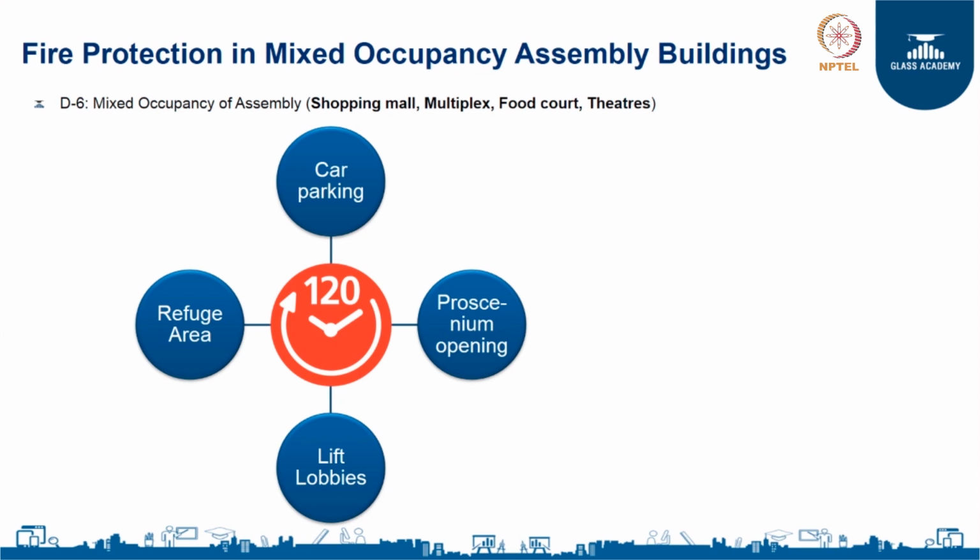Also, as I previously mentioned, there are a lot of buildings which are now coming up as mixed occupancy buildings. So, you have the same building in which you have a shopping mall with a multiplex, a food court and theatres. These are called mixed use buildings, and again mixed use buildings all have lift lobbies. You see lifts and escalators, you see a lot of car parks, and since these are all high rises, there need to be refuge areas where people can come and assemble during the time of a fire. So, all these regions in the building need to use a 2-hour fire resistant system, be it a glass door or a glass partition.